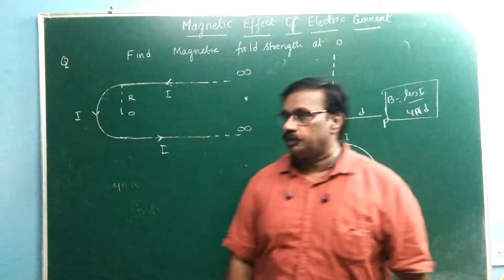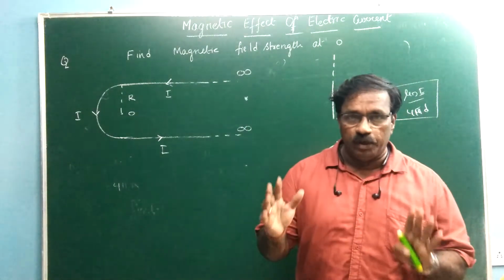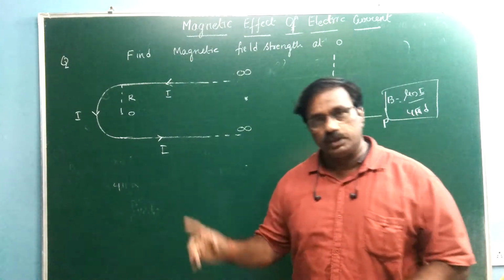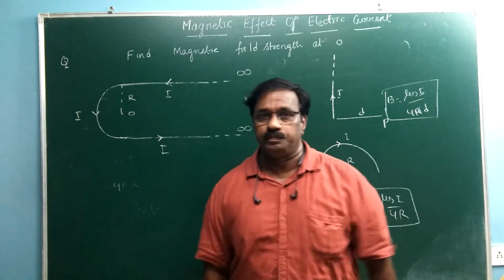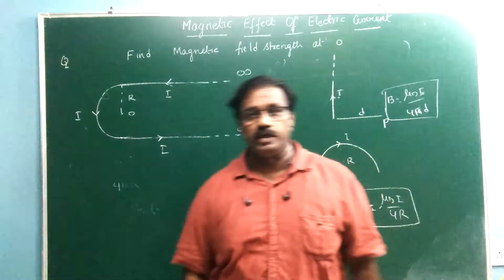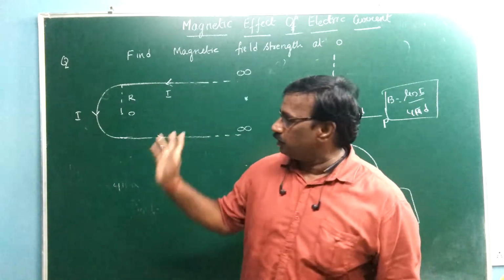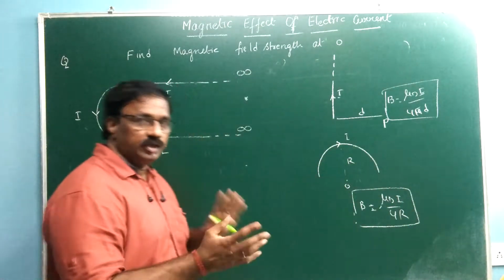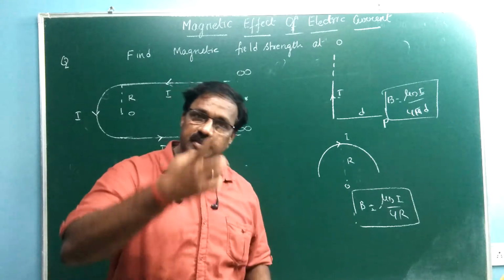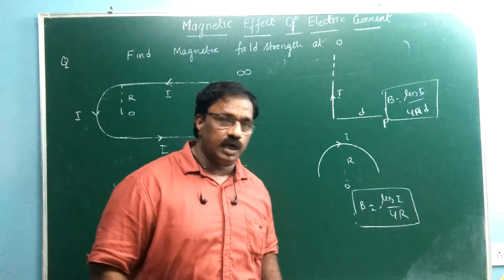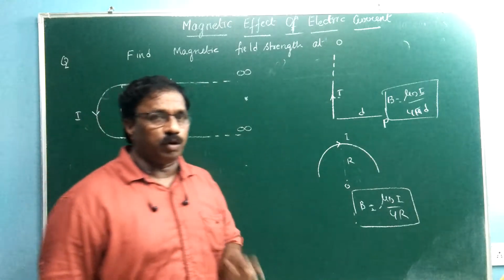In the last video, we saw some numericals based on Biot-Savart's law. So this is the continuation of the last one. Here we are going to see some more numericals on the applications of Biot-Savart's law. In this, I will mostly focus on combinations of straight conductors and circular coils. Before starting the numericals, let me recall some important formulae.